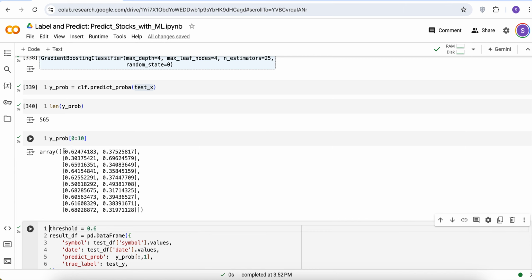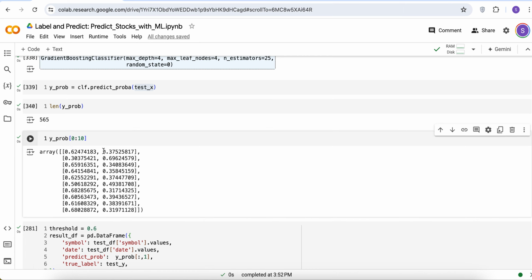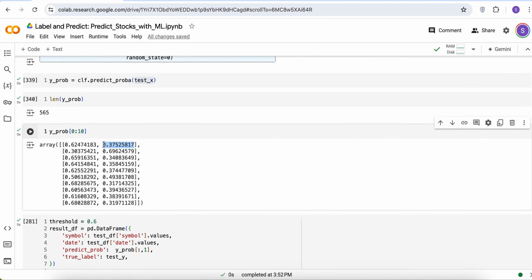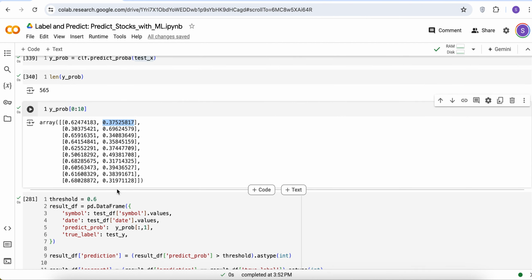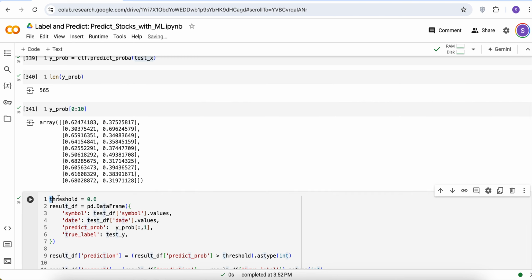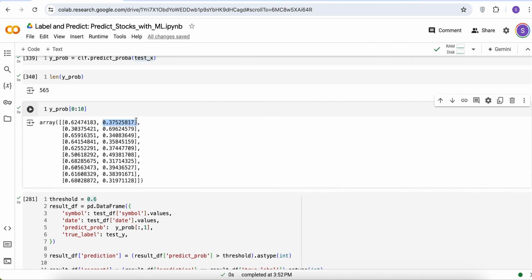So actually it shows the probability of being a 0 and the probability of being a 1. So we have to choose the second column if we want the probability of being a 1. So we need to choose a threshold. If the value is above the threshold, we will call it a label 1. If the value is below the threshold, we'll call it a label 0. So we choose a threshold of 0.6. So for example, this row here is going to be a label 0 because the probability that this label is 1 is 0.37, which is below our threshold. For the second example, it will be above the